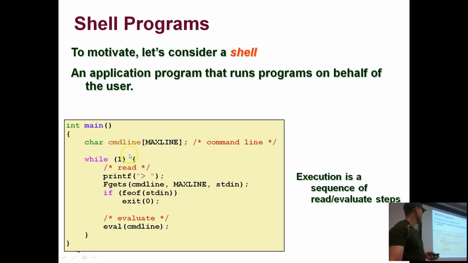You read from the command line, you read some string, that is the instructions that the user types in, and then you allocate that, and then while forever, you print the shell prompt, you get the next line of the command, so this fgets command line. If you try and get it and you get an end of file character, then you exit the shell. That's Control D. If you hit Control D in a shell, that's the end of file character, and then you exit. Otherwise, you'll call this evaluate the command line, and what that is